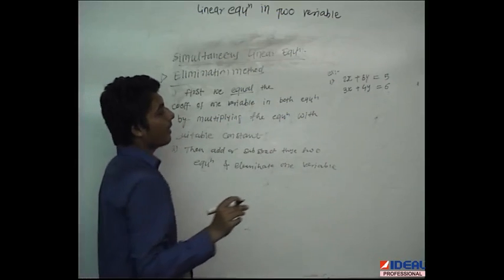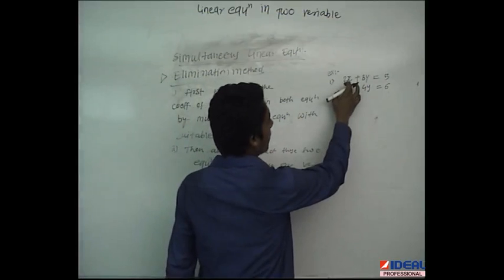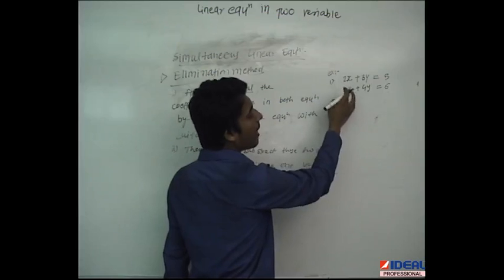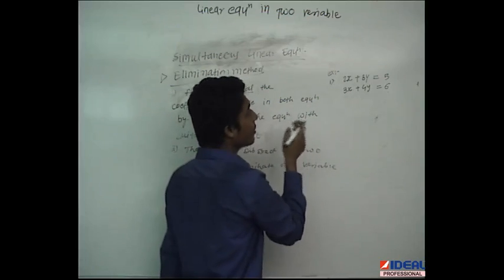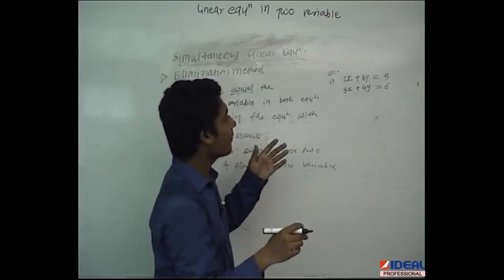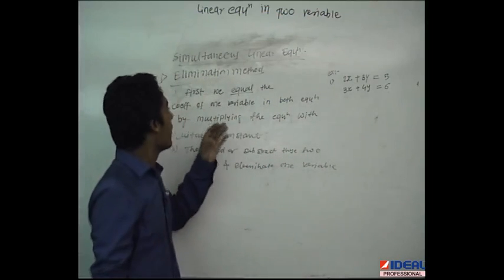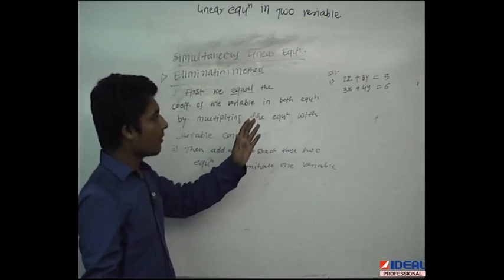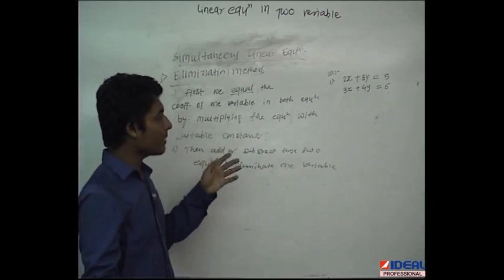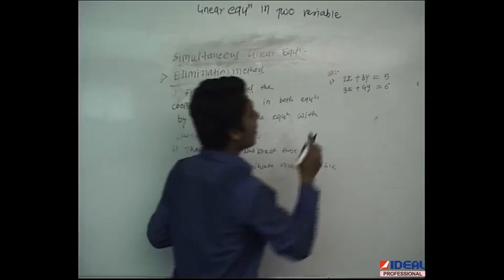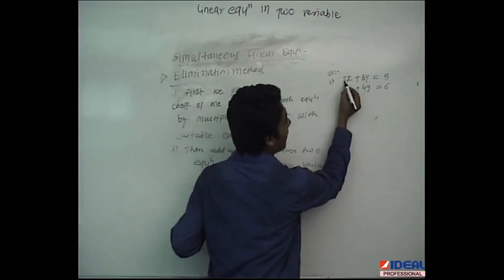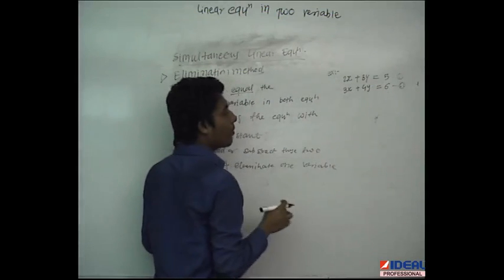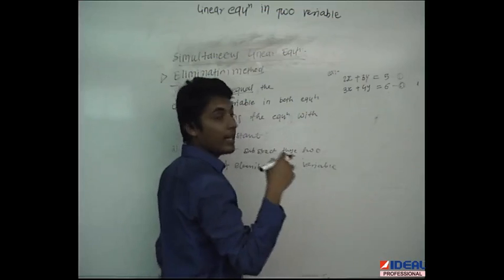So see, in equation 1 the coefficient of x is 2, and in equation 2 the coefficient of x is 3. So first of all we have to equalize the coefficient of one variable, and for that reason we have to multiply the equation with a suitable constant. So we have to multiply equation 1 or equation 2. So we have to multiply equation 1 by 3 and